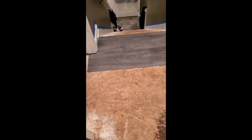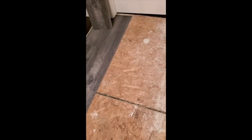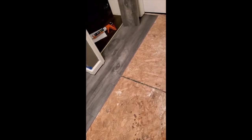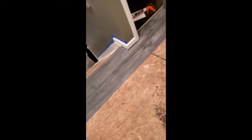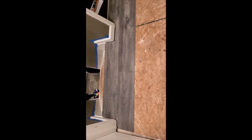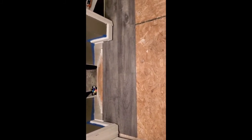All right, so basically I put the first 2 rows down. They're glued and everything. Made the cuts. They were a little difficult, but after some time, managed to get them in. And like I said, they're looking pretty good. Not bad. The glue's pretty quick. Once again, that is the first 2 rows to the landing,